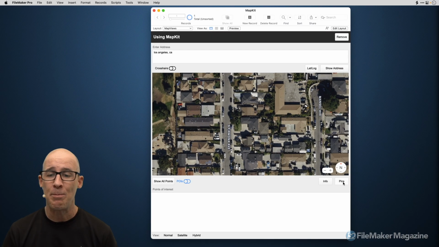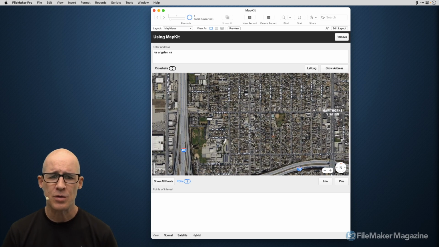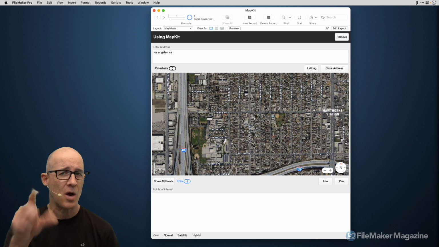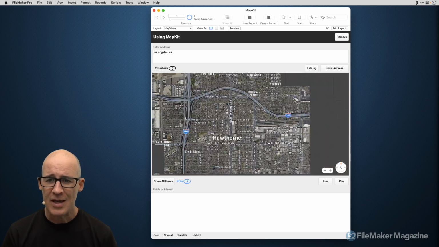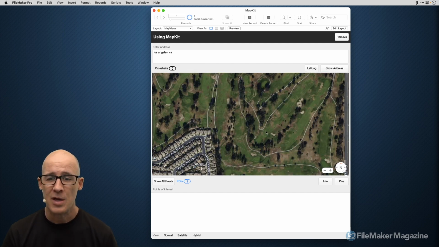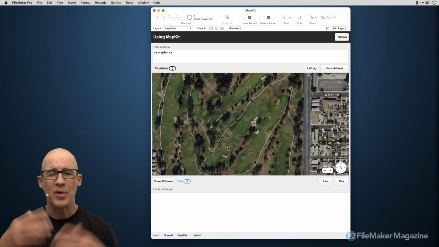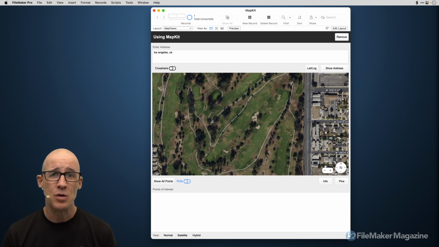Now, let's take a look at pins right here. Let's zoom out. And it's so easy to zoom. You can pinch and zoom on iOS. It's absolutely wonderful within the SDK. Let's zoom out, find a big park right here, or a golf course. Sure, let's go for a golf course. We'll pretend this is a park, and let's say I'm planning out a race, and I need to use different